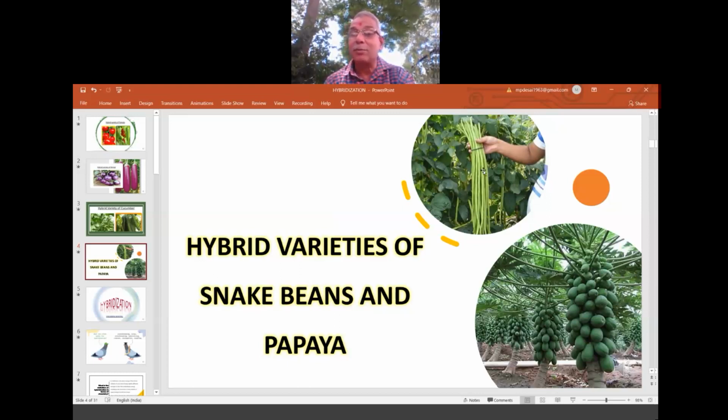See the normal beans with the snake beans, lengthier. Such beans we don't have in North Karnataka. Normal beans we have. If you want these beans, you have to go to Mangalore, where these are available. They are growing maybe from Hassan, Halebeedu, Belur. From that point it starts more.